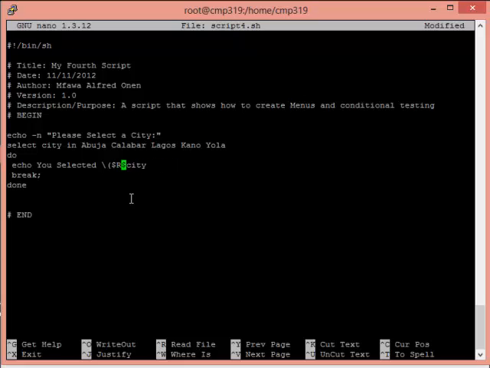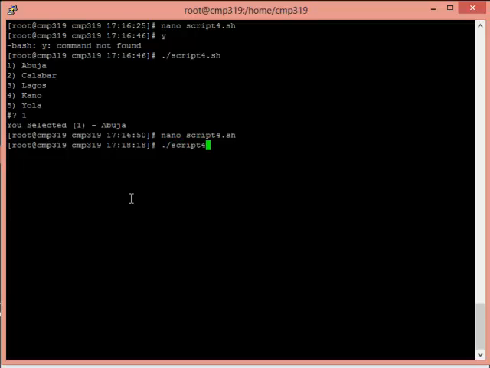Sorry, so let's just change this output a bit. So here you selected city, so you selected Abuja with city number. Then here we can actually output the, in this case we're outputting the reply variable, so reply global variable. So let's run our script 4. Here you can see what it's done. So you can see here it says please select a city, and of course you can see the new line